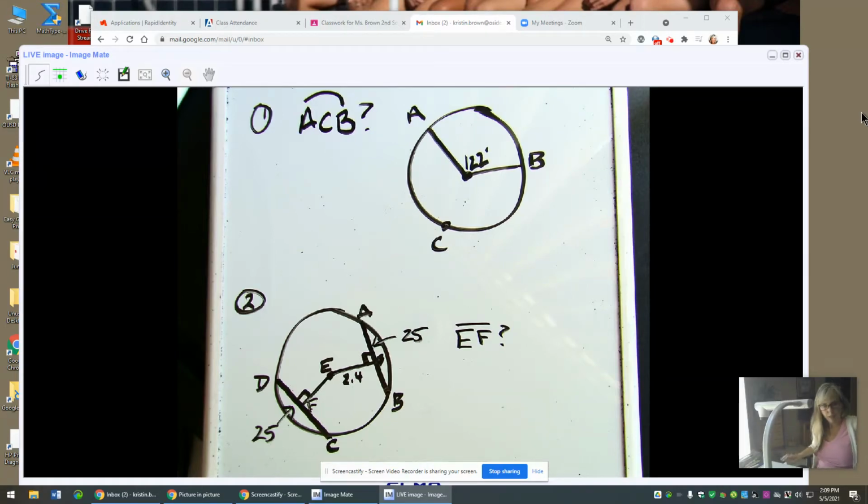Hello, today we're going to do, let's see, what are we, 5.4 now? So our warm up are these couple of circles. And number one, we're looking for arc